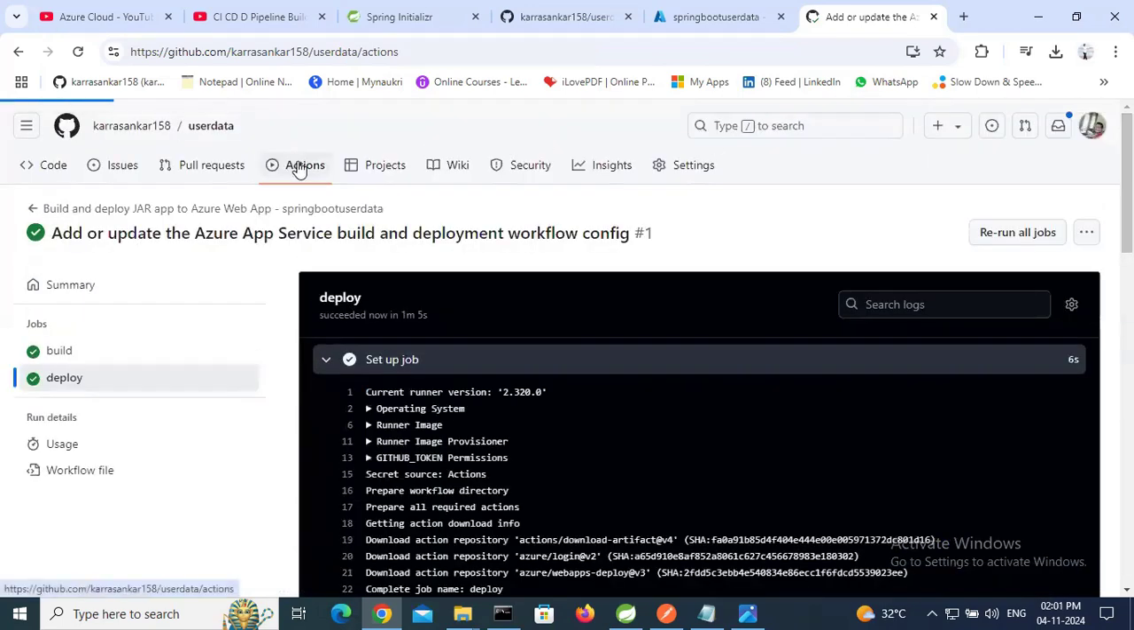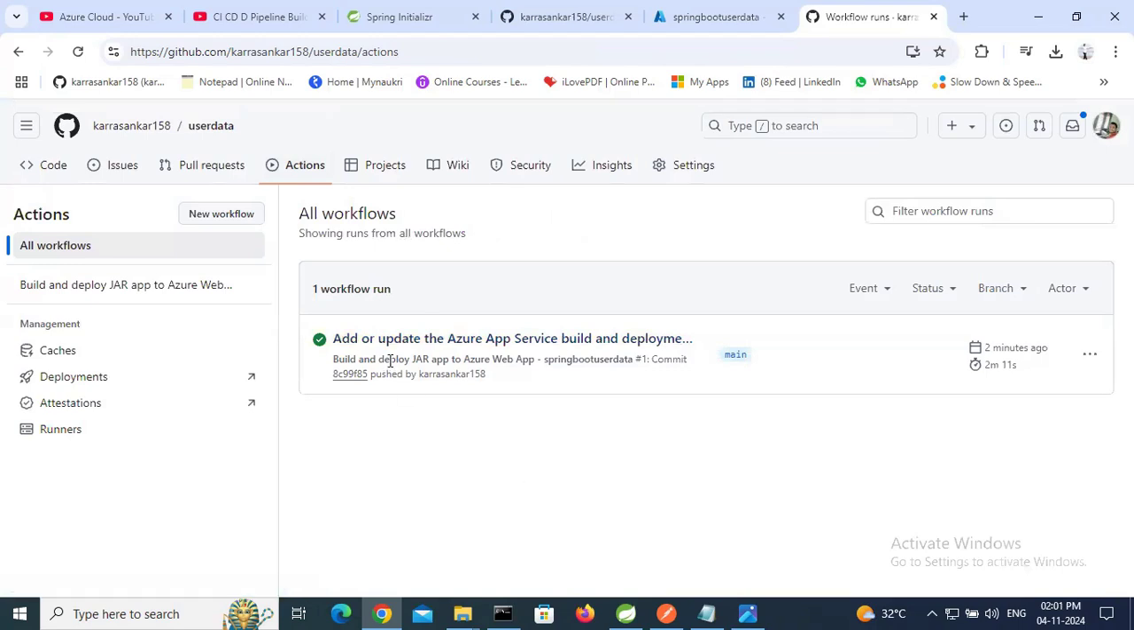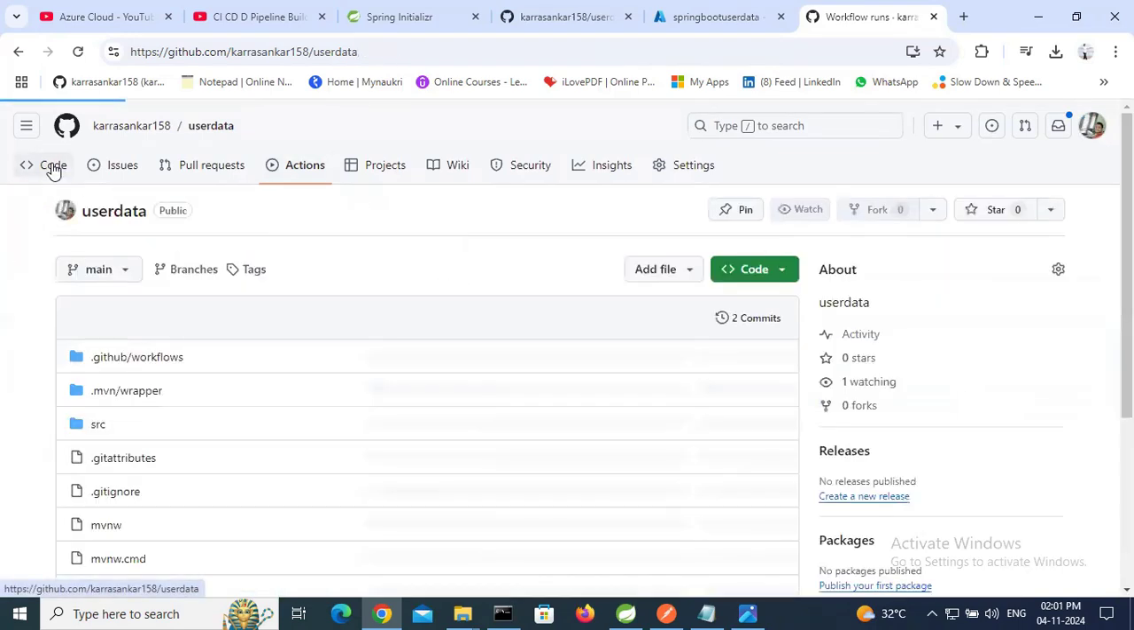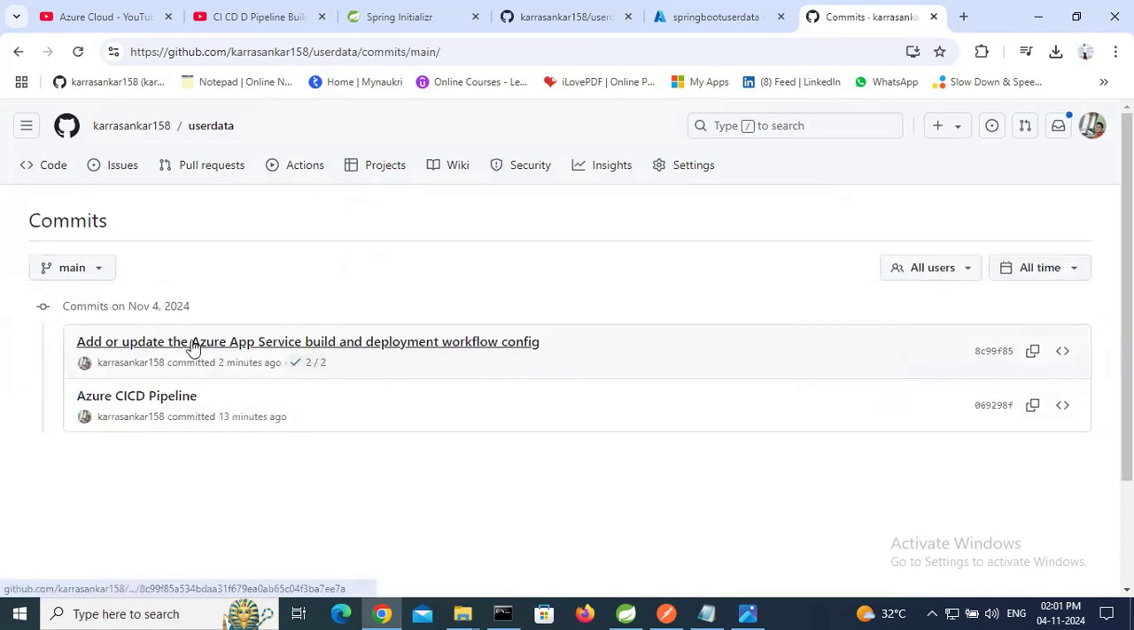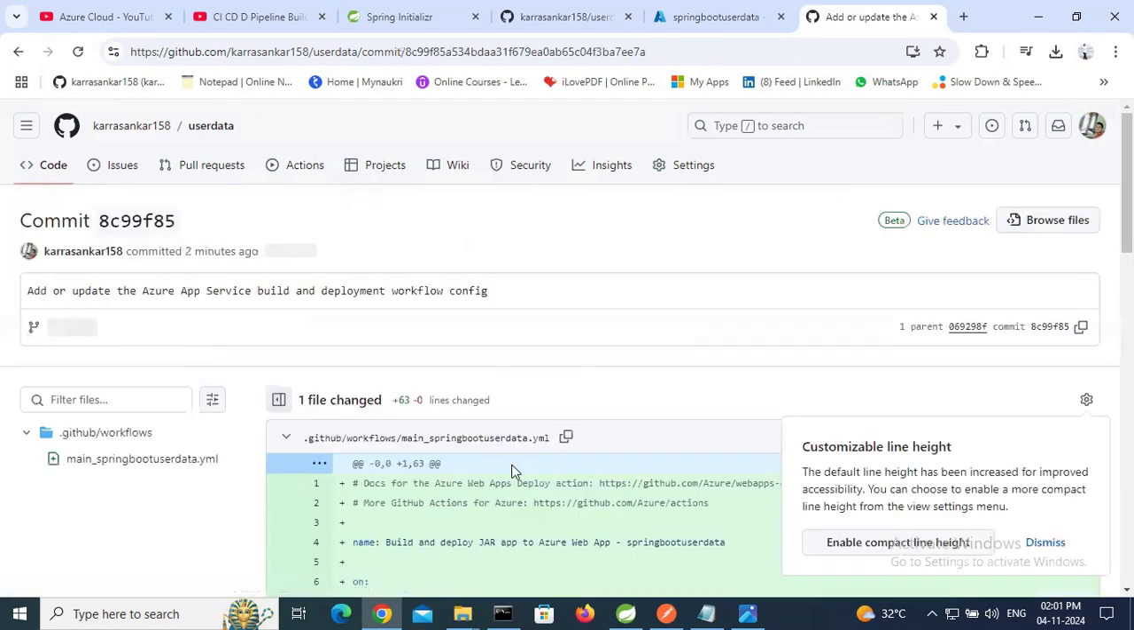Go to GitHub Actions. See, build success, green tick mark. You can observe, go to code, and observe here, this file is added. This file is added in the second commit. See, this file is added. This is the